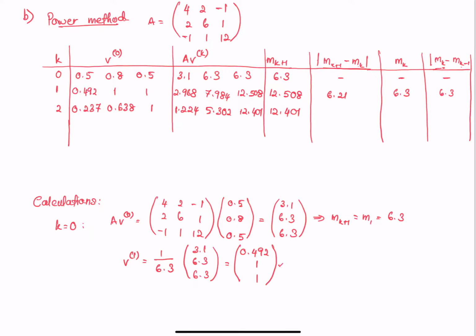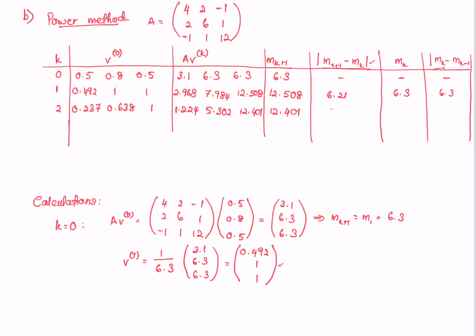And if we calculate by using this formula, M_{k+1} minus M_k, which is M3 minus M2, we will get